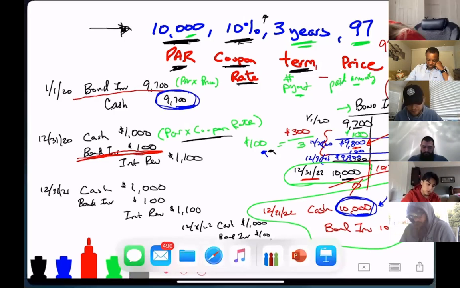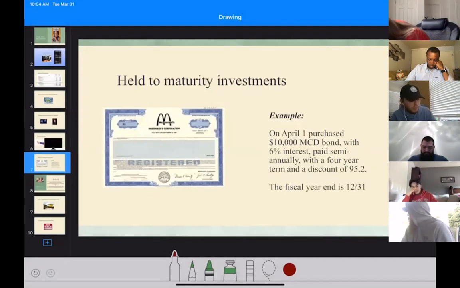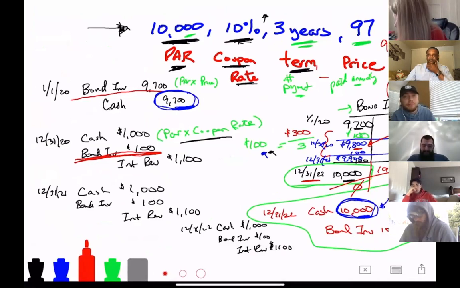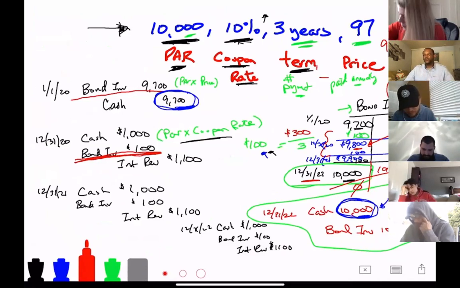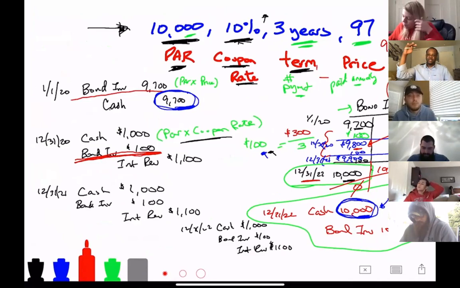What other questions do you have? So what would happen in a situation where you had to get out of the bond before it matures? You sell it. The reason why bonds are never sold at par value is because people are constantly buying and selling bonds. So at the point when this becomes a good deal, this is economics, more people want to buy it, so the price goes up.